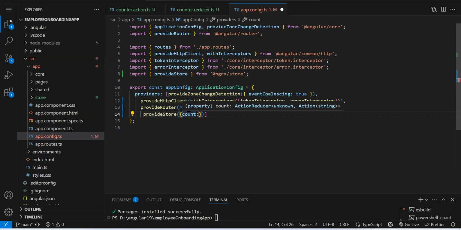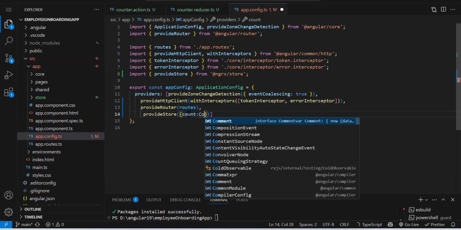So for every state you store into your store, you will have different reducer. Let's say you have logged in data, so logged in reducer will be there. You have city data, you have city reducer.ts. For every data you store into your store, you will have different reducer for it. Okay. So currently we are dealing with the count. So for count, we have count reducer.